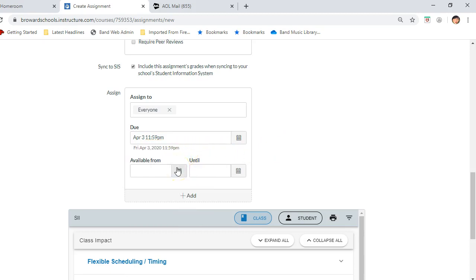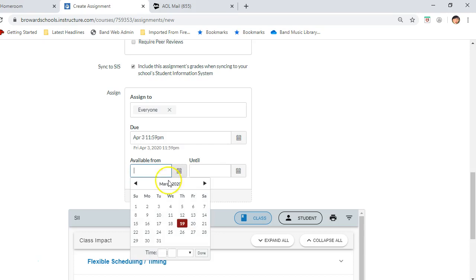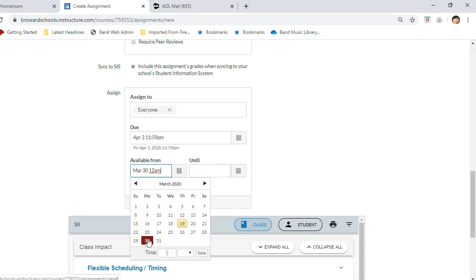When do you want them to be able to see this assignment? You can select from now, but for the purposes of this lesson, we're going to say the kids won't be able to see it until the 30th of March, which is the first day that they come back. And you'll notice here you have the option of putting in a time, or you can do it down here in this box. I'll say they can't see it till 9 a.m. on the 30th,